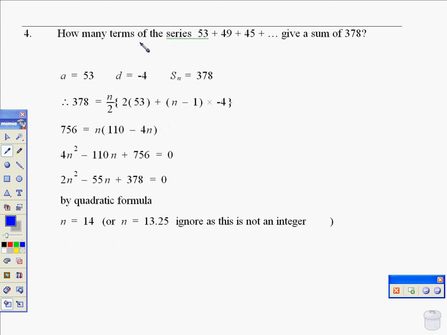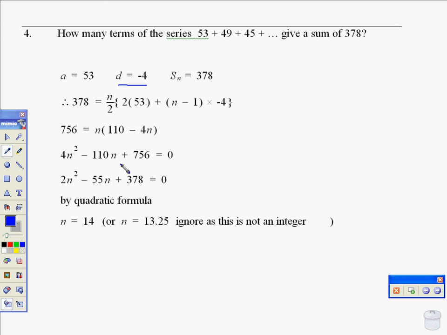In question 4 here, we want to know how many terms in the series. It gives us 378. So our series 53, 49, 45 means our common difference is minus 4. We've got the sum, we've got the first term. Again, we set up the equation of that sum of the series with 378. Again, we're going to try and make it simplified by multiplying by the 2 to get rid of the fraction, cleaning up our bracket to give us 110 minus 4n outside of n,